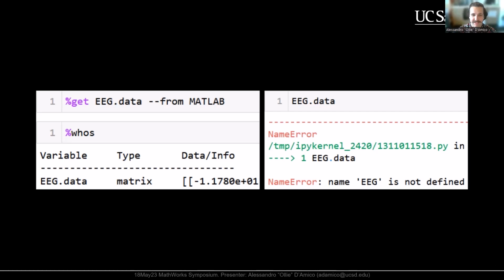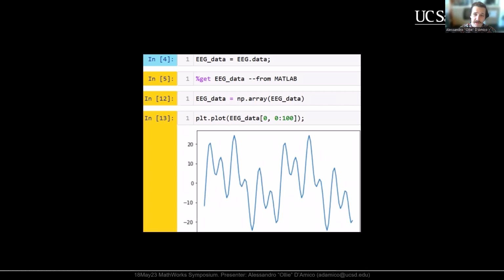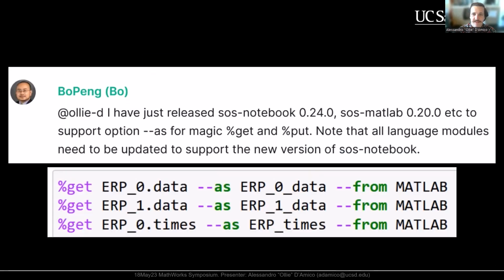However, when I try to access the object, Python can't do it. And that's because there's no class called EEG that has this member data. So we have the object transferred, it's just completely inaccessible. I was able to find a hacky workaround to this in the form of a temporary variable. However, at this point, the seams were a little too present, and I wasn't particularly happy with the added steps in the workflow. I did report this problematic behavior to the creator of SoS, and he quickly patched in a solution, and that works